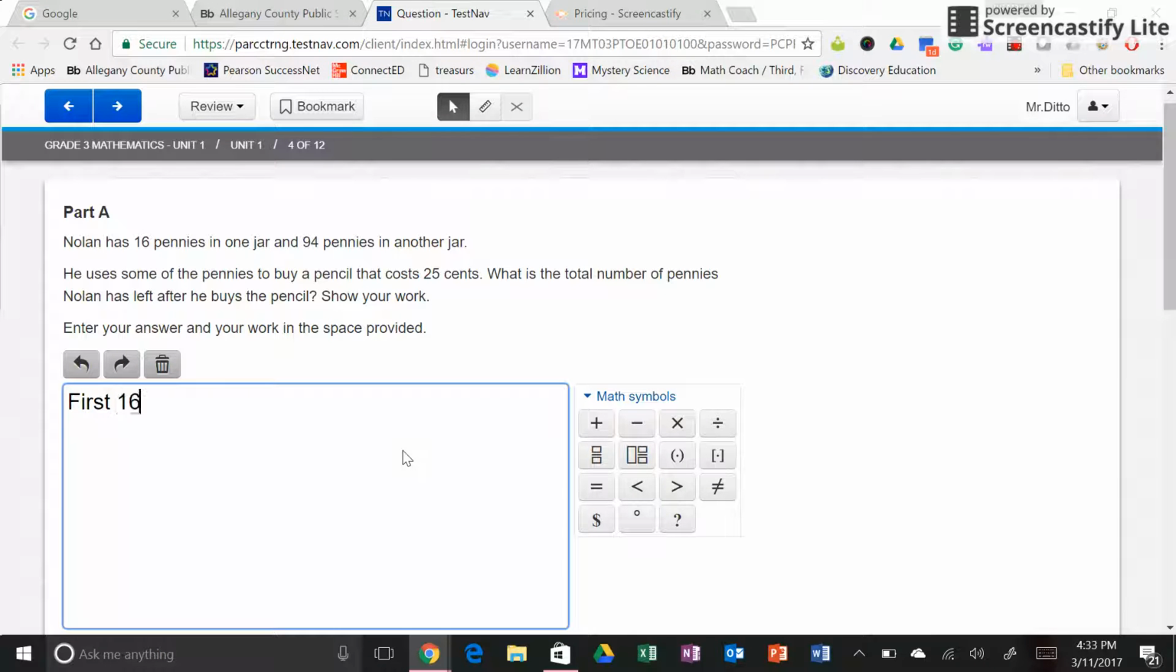Let's do 16 plus. And see how it does this? It'll put that little box in there. So I can't just put letters in there after that. I have to put a number. And then I'll put 94. And then equals 110 pennies. And I like my transition words because I have first,